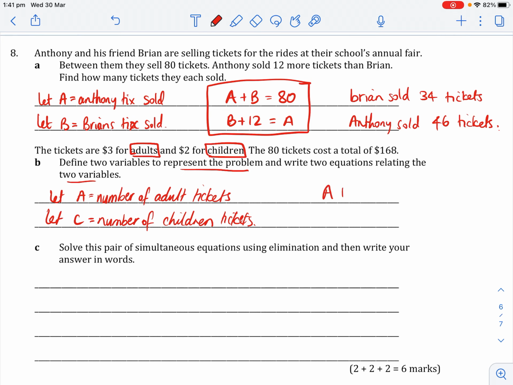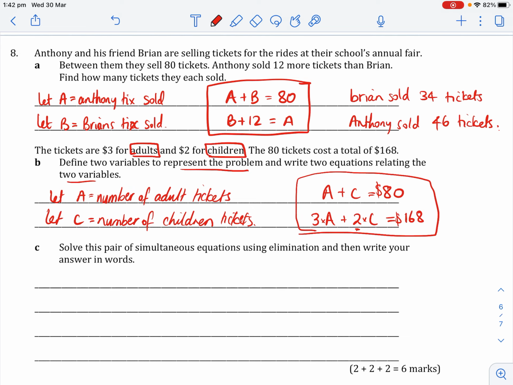And then my equations are the adults' tickets plus the children's tickets equal 80. And then an adult ticket is $3, so it's 3 times the adult tickets plus 2 times the children tickets, because an adult ticket is $3 and a children's ticket's $2. And they add up to equal $168. Now, I don't have to do any calculations there. That is my answer, all right,